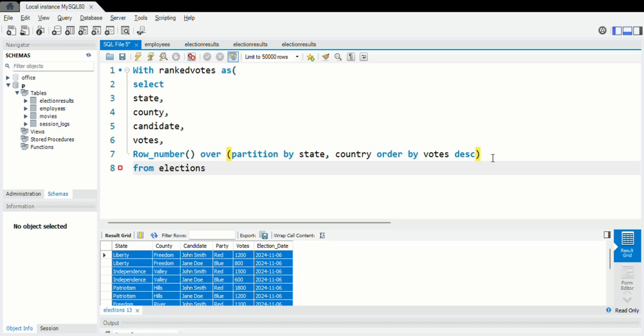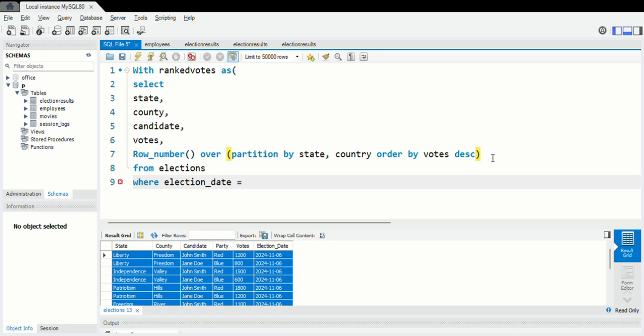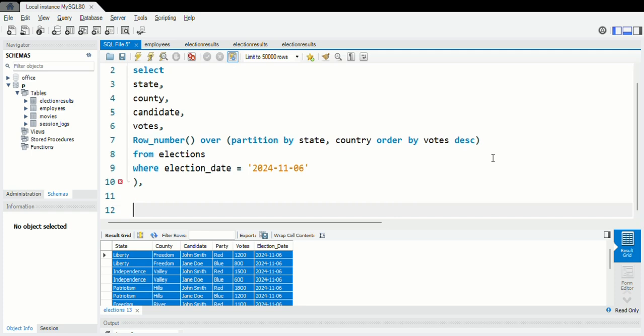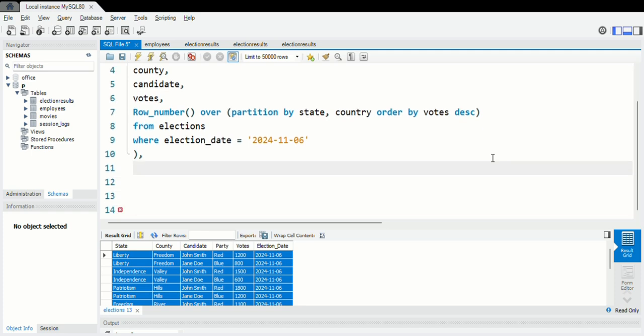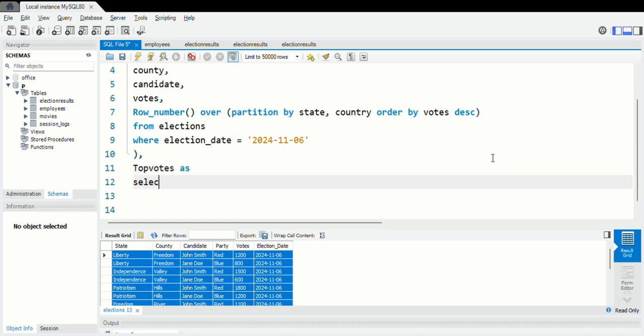Then we will put the condition where election date is equal to the date. The date was 2024-11-06. So now we will close this CTE and create the second CTE. The second CTE name is top votes, as we will create the CTE as select. Now we will just open the bracket first. Select